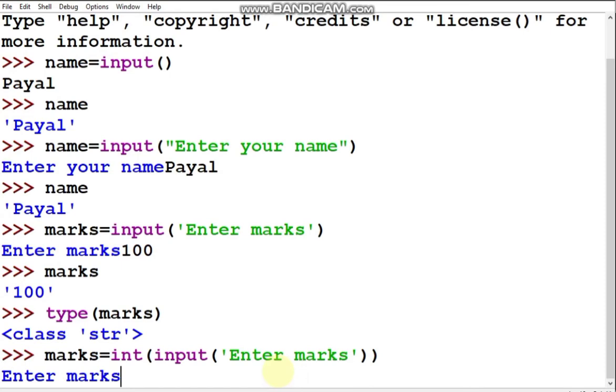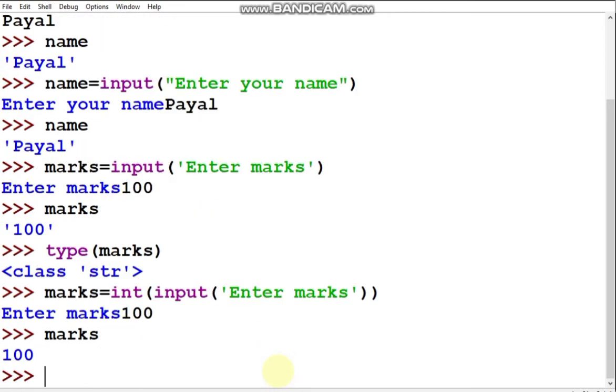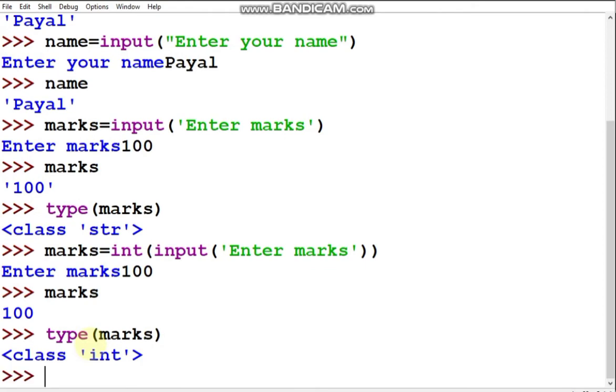So now if I print this, you're getting marks. So let's see what kind of data type. Yes, it is not inside quotes, see, which was there earlier. So it is of integer now. So to check what kind of data type marks is pointing to, it is of class integer type.